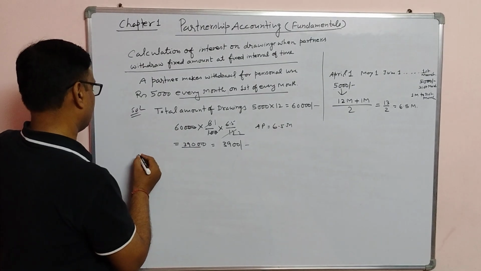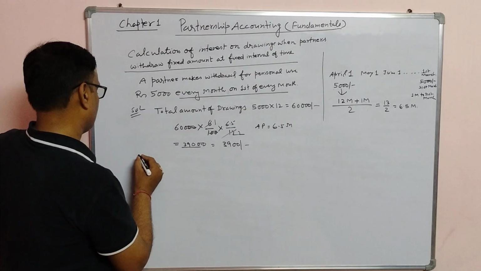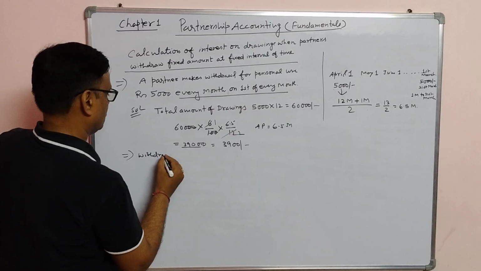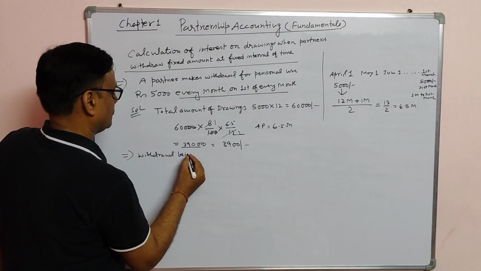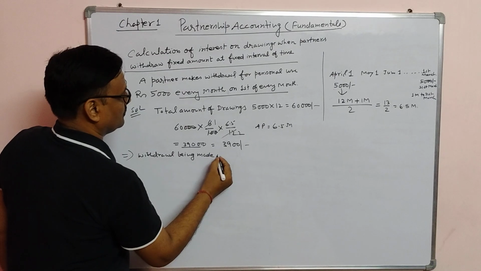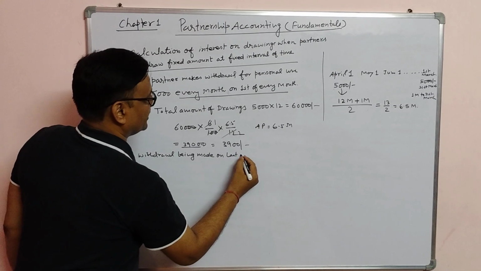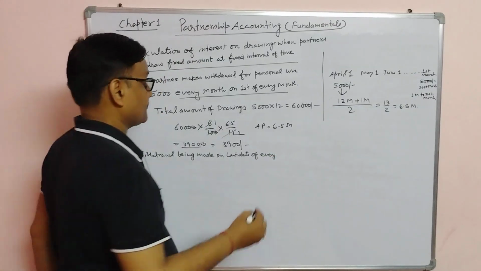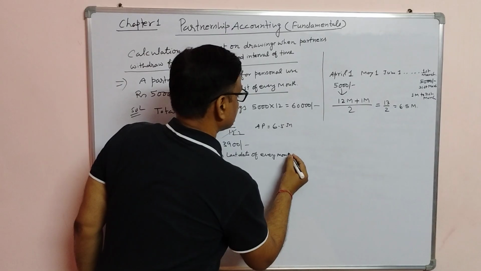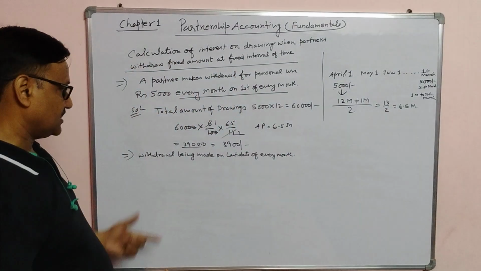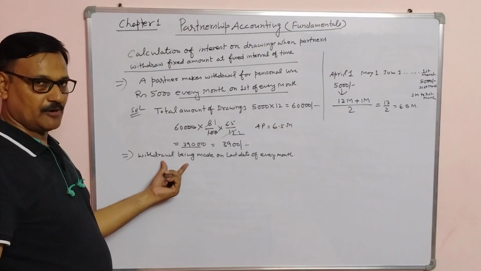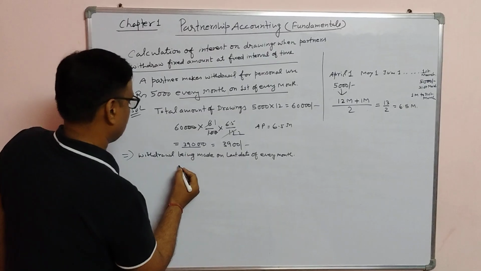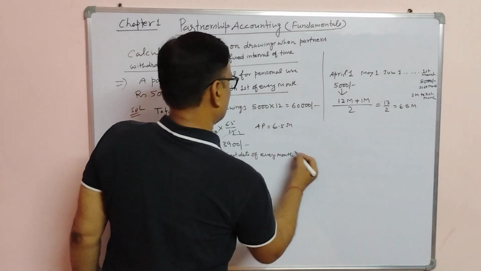Let us take the example of withdrawal being made on last date of every month. That is, the withdrawal is made, fixed amount is withdrawn by the partner at the end of every month. Then also we will get, this is amount 60,000